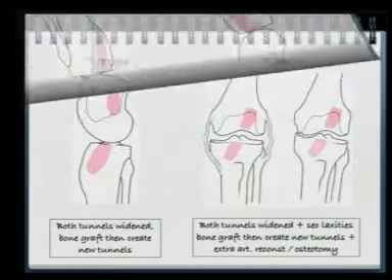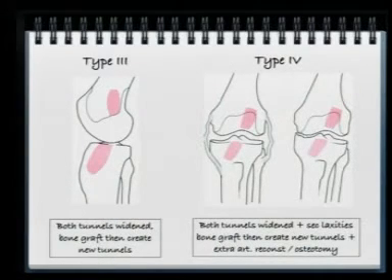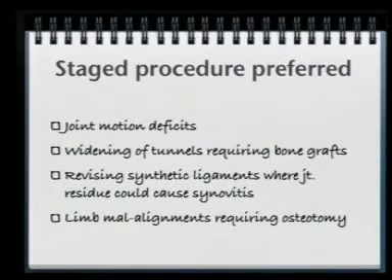So this is just to show you the same type 1, 2, 3, 4, and this helps you to plan whether you want to do a stage procedure or a single stage revision. Stage procedure is preferred when patients have joint motion deficits, there are widening of tunnels. If you are excising a synthetic ligament and then doing a revision, we always prefer to do